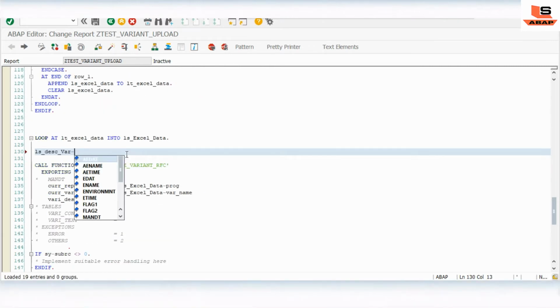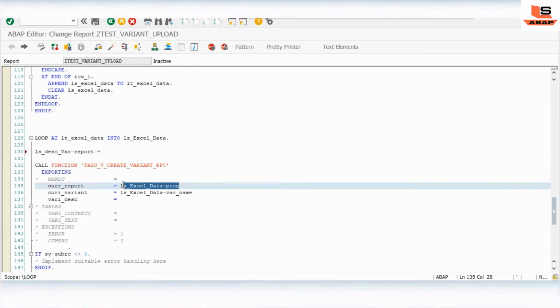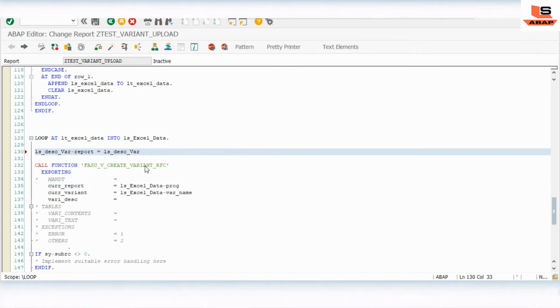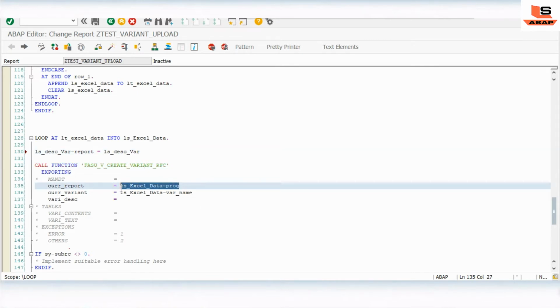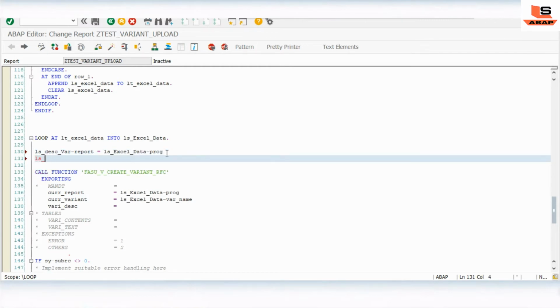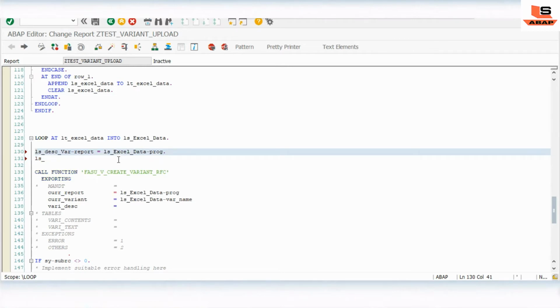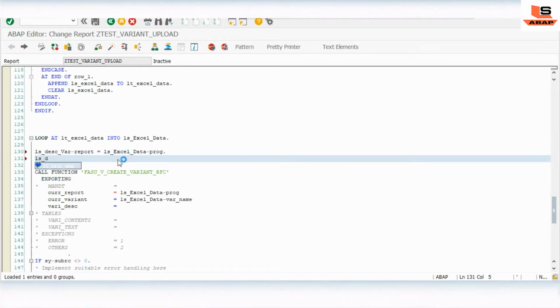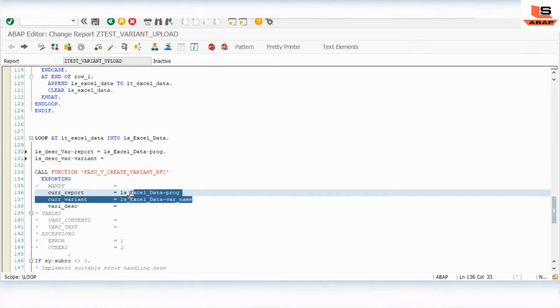So whatever the fields we have, as you can see here, first thing we need to pass is the report name to this. We'll pass it from this program. Then the report, then the variant, pass the variant name.